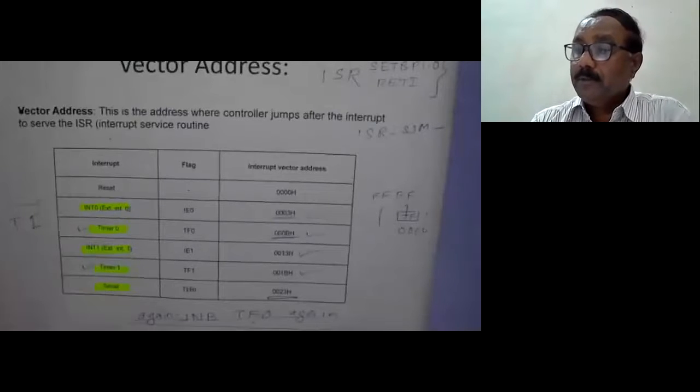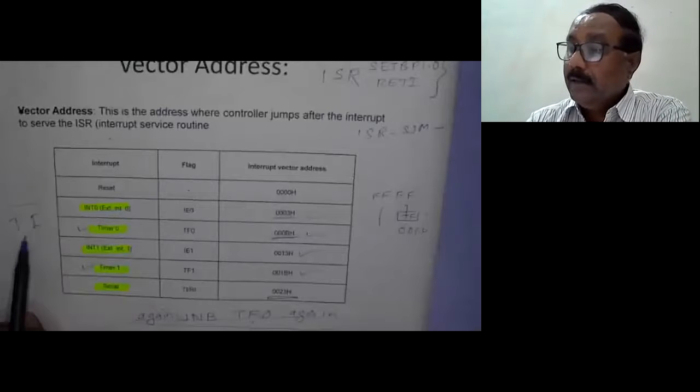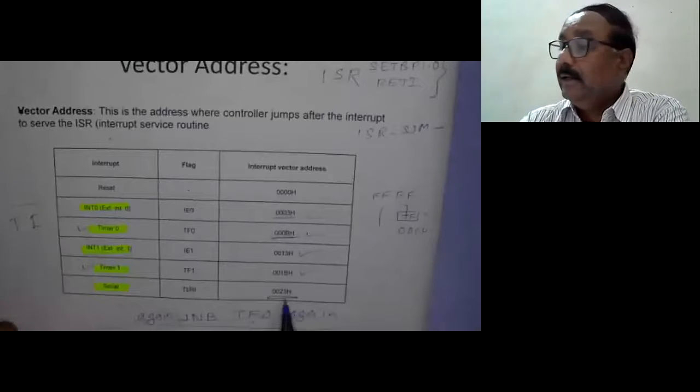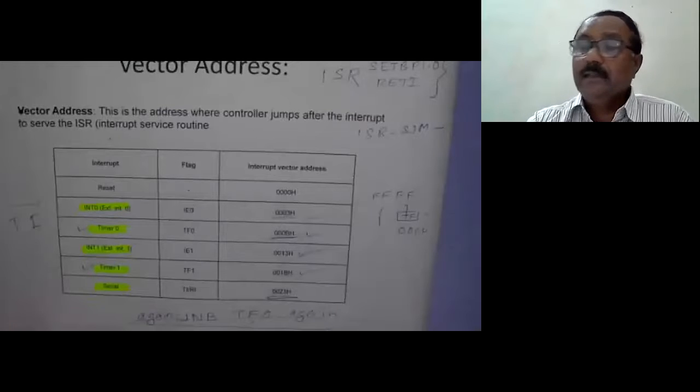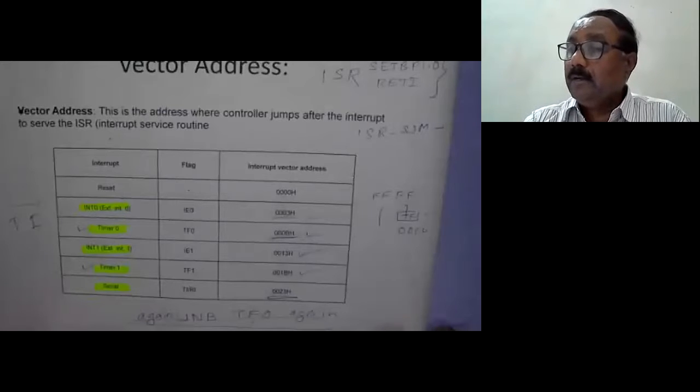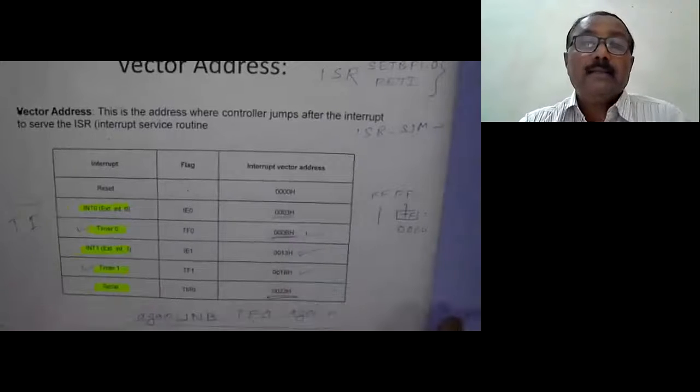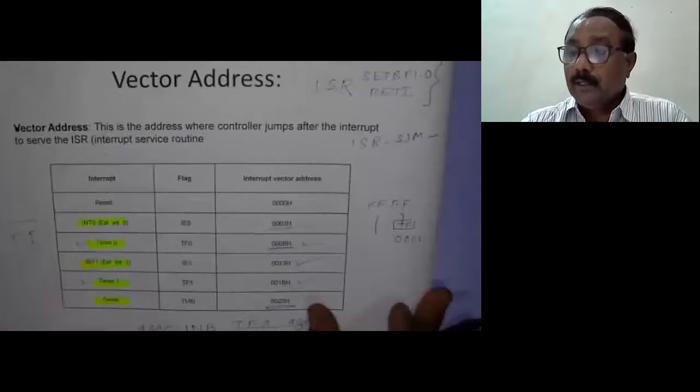But in case of interrupts, when all data is transmitted, the TI flag becomes 1 and it jumps to 0023, where another program, the ISR, interrupt service routine, is written. So these are the vector addresses of different interrupts.